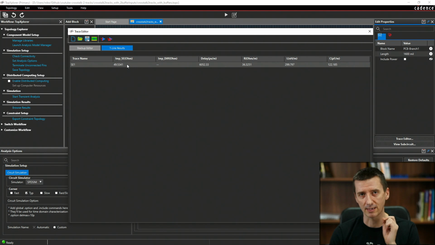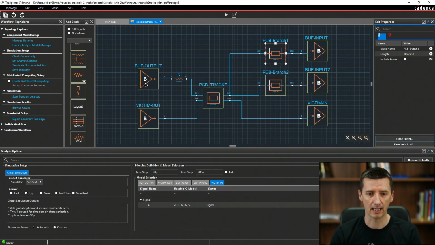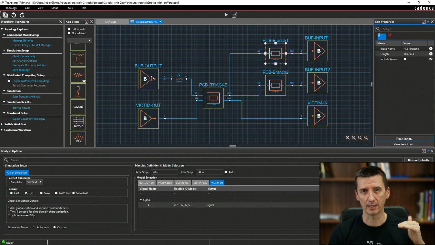And this is also the reason why I use the 33 ohm resistor. I don't know the exact impedance of this output of the buffer, but these buffers usually have a low impedance output.